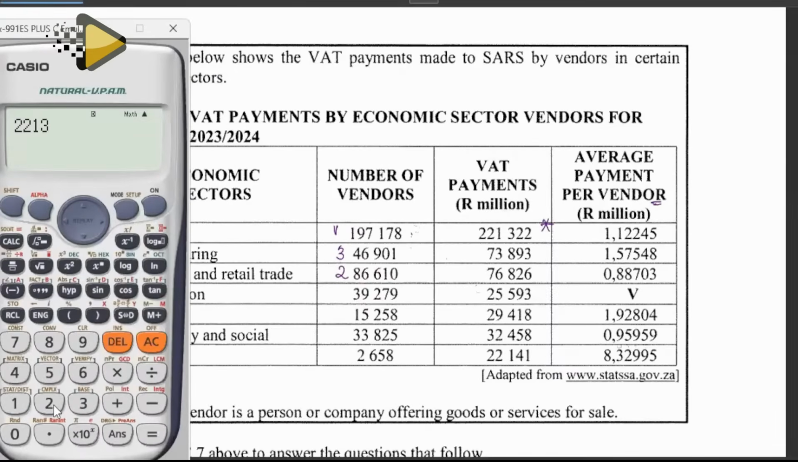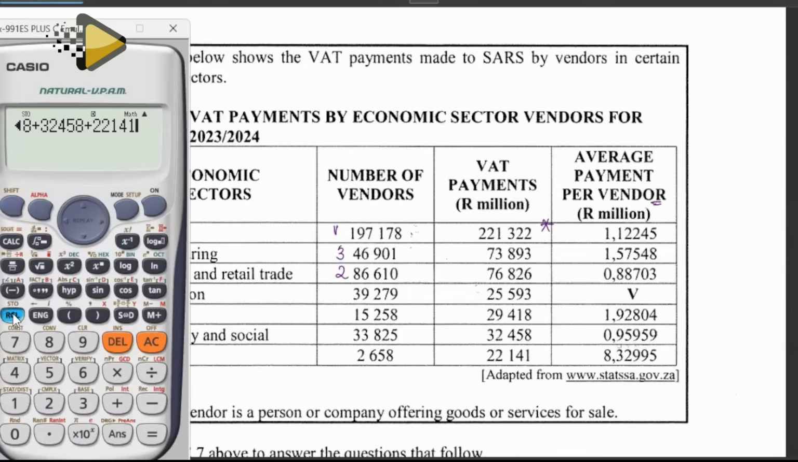We say we have 22133 322 plus 73893 plus 76826. Then we have 255 25593. Then 32456. Sorry, 458 plus 22141